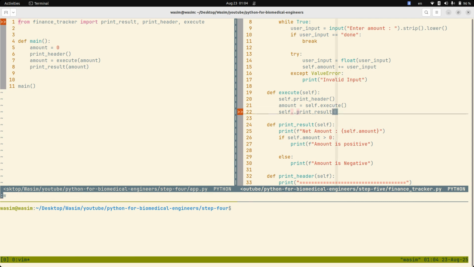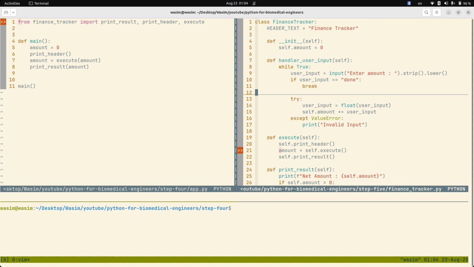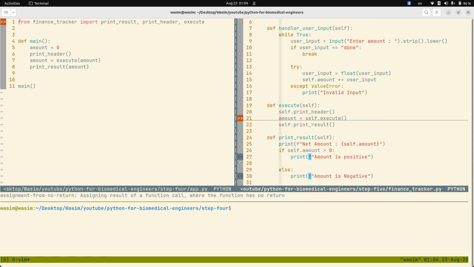Again, I did not need to do this. Print result, we've got print header, and we do not need to set this, right? We're cool here. So we'll just move that to the top